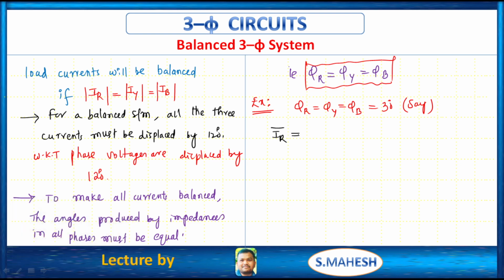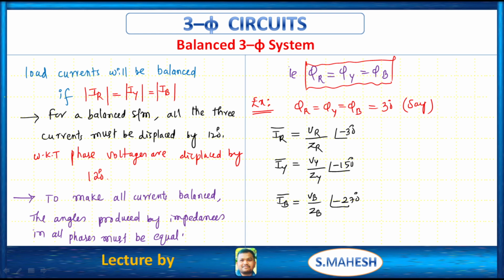See, IR is what? VR by ZR at an angle minus 30 degrees, like that. IY is what? V by ZY at minus 150, like that. IB is what? VB by ZB at an angle minus